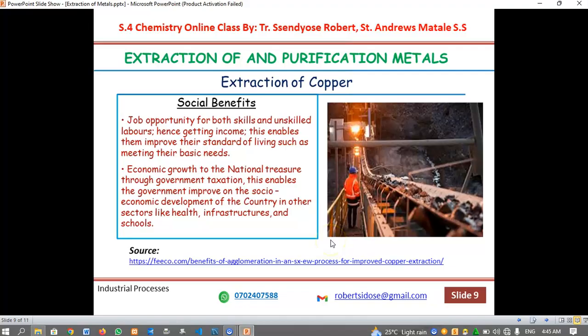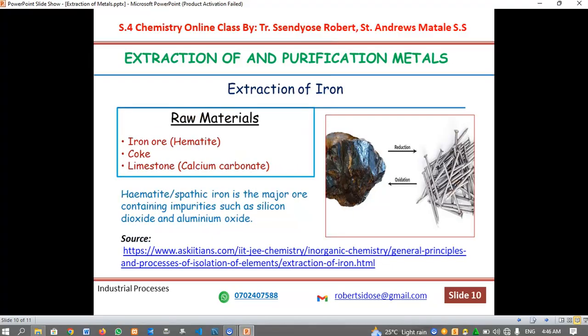Then that is copper. Generally, that is copper. For further information, you will visit the links, and you use other digital tools to get more information about extraction of copper. Now we are looking at extraction of iron. Remember, we have many metals to be extracted. Within this session, allow me to stop with the extraction of copper. Next session, we shall look at extraction of iron and extraction of